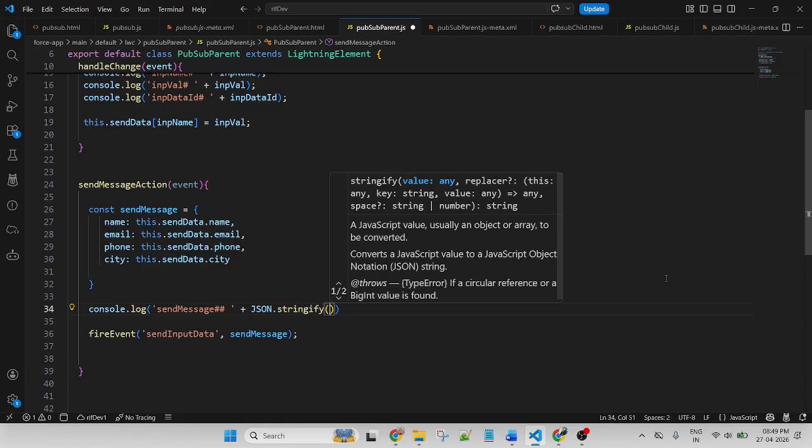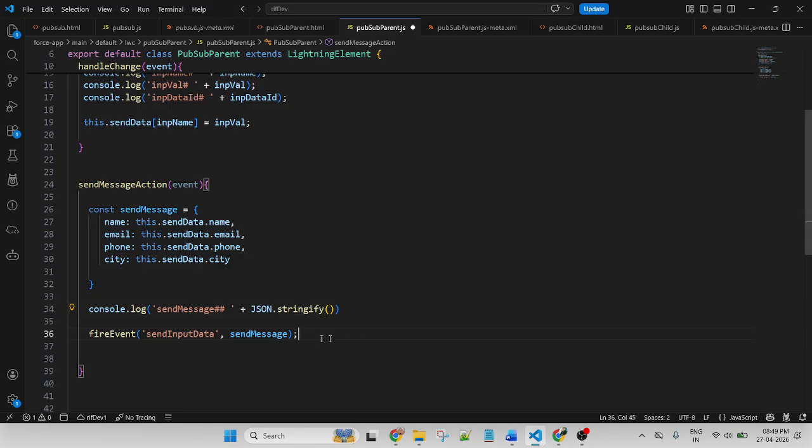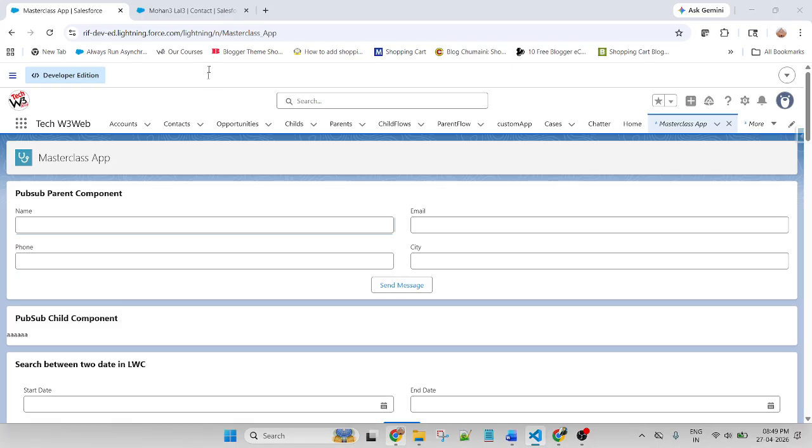Now let me move to the child component. First, let me check what kind of data I am passing. Save, deploy the code. This object I am passing. Now refresh.